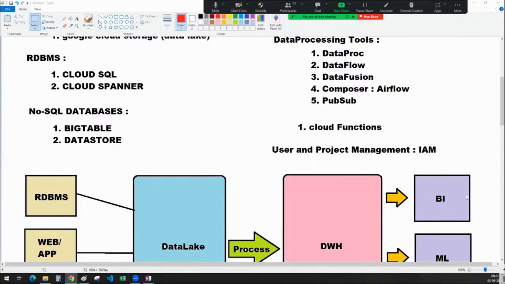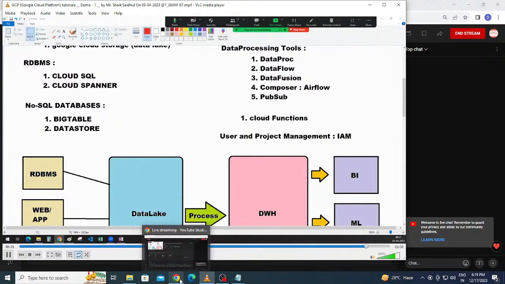So there will be a comparison, guys. Someone is asking about AWS to GCP. Whenever I am covering one service in GCP,